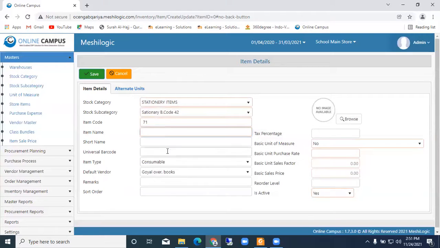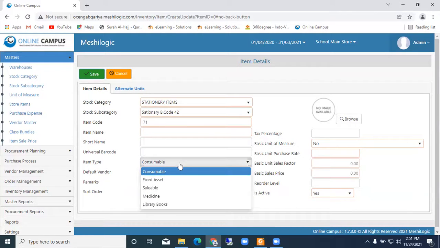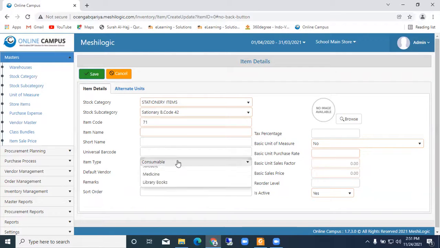We have to give the item name, and then a short name if you want. If you want a barcode or universal code, it is not integrated here. If the barcode is there and you click yes, the barcode will be generated automatically in the system. Then the item type: what type of item it is, consumable, asset, saleable. The asset type also we need to mention.